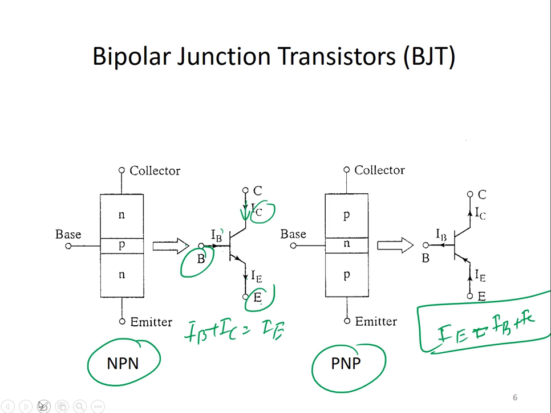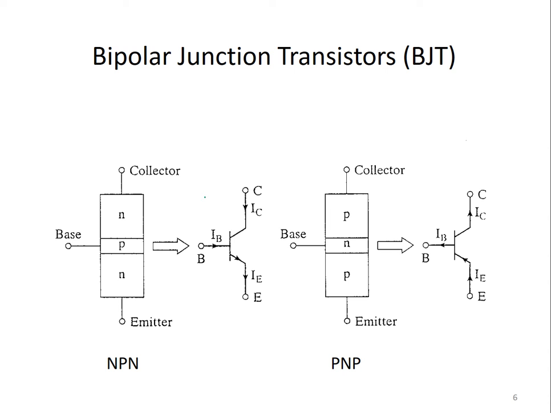Here there are some important things. This is the base, and we supply some DC biasing here so that we can break this junction. We know that this is a diode junction, a forward bias junction. So to break this, let's say this is the emitter voltage and this is the collector voltage. The voltage between base and emitter is the threshold potential voltage, and typically this value is 0.7 volt. Here we have the collector.